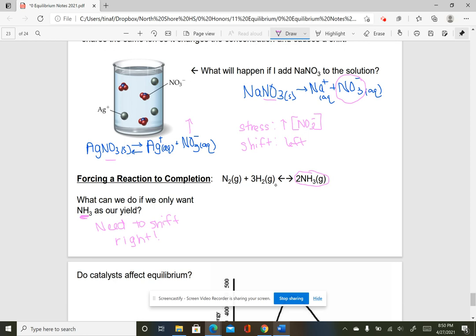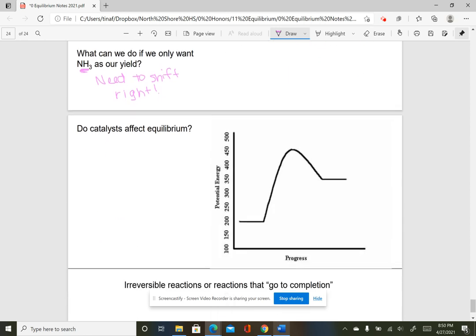And just to remind you, this is an exothermic reaction. So I'll put energy over on this side. And that should help you figure out some ways. Write down that list and we'll go over it tomorrow. Okay,